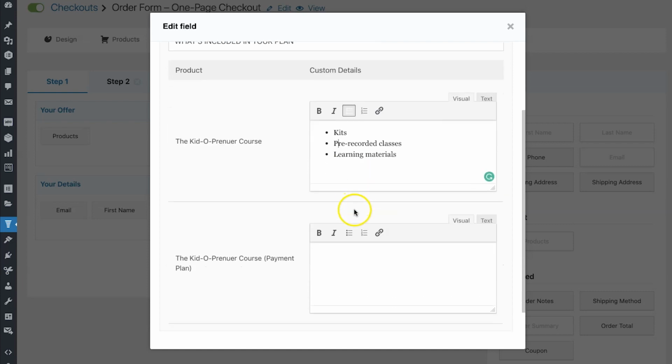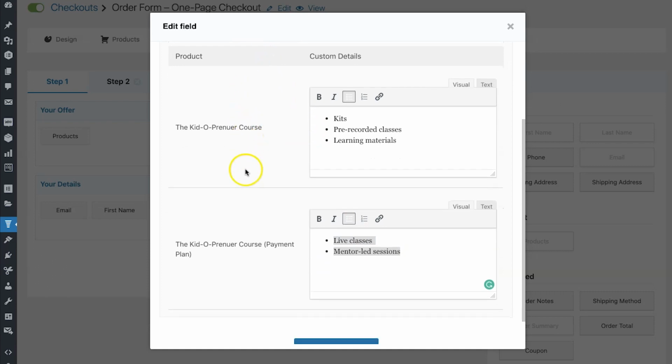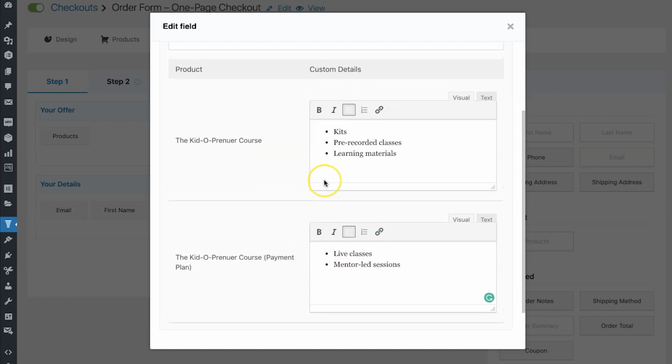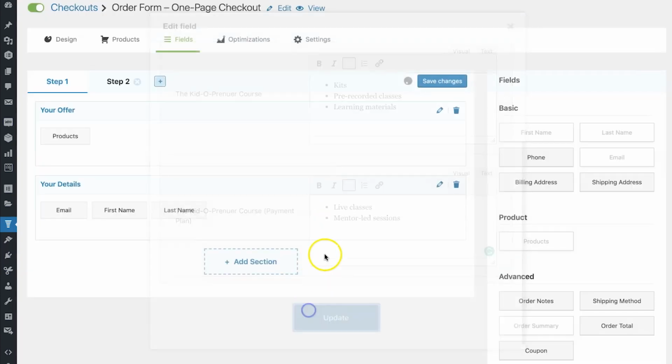So this is just to give you an example, and here we can say live classes, mentor-led sessions. So let's just say that this is what's included, and I'm going to get rid of the heading here. So well, this is just an example. Of course, in my case, because this is a payment plan, I do not need additional description. But in case you're selling 2 separate offers, you can use this section to your advantage.